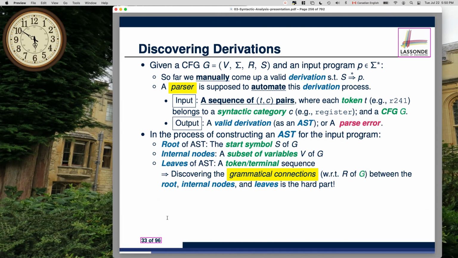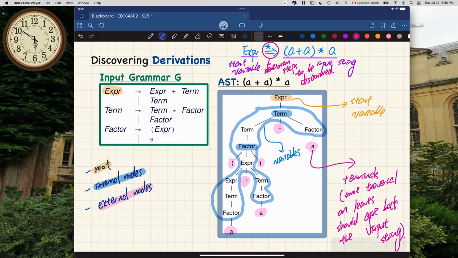All right, we're going to be discovering some grammatical connection. Okay, so let me see this one here. So what this means is, for example, and this might be something you already know when you did the manual exercise, if you look at, let's say, this particular layer, let's say this one here. If you look at just this one layer,